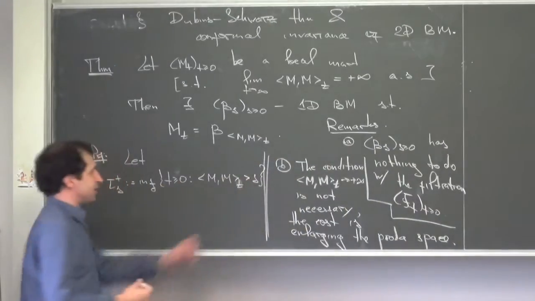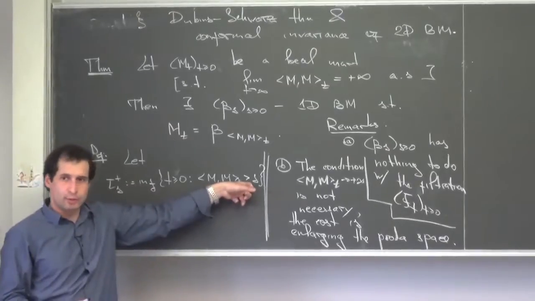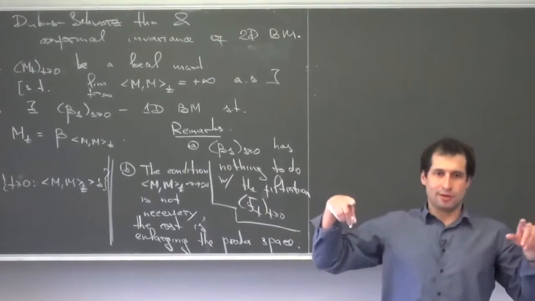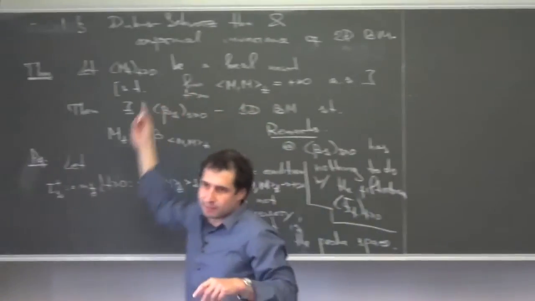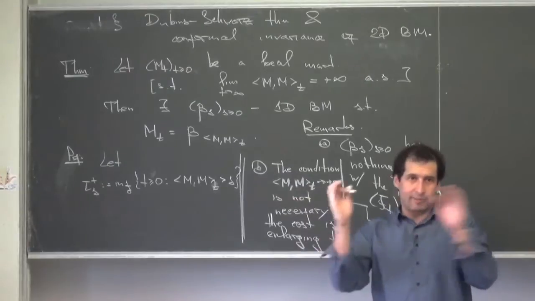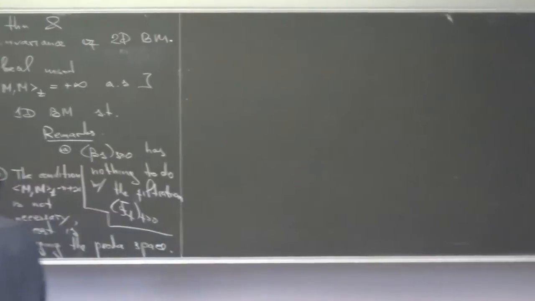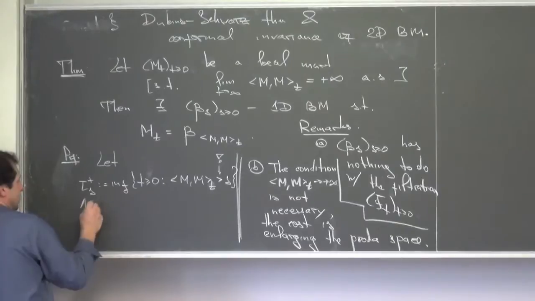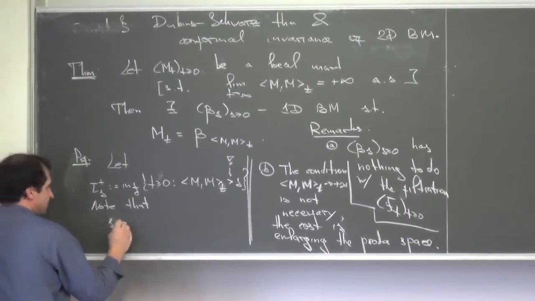This is of some importance: strictly greater instead of, say, greater or equal. Why? Because it might happen that our martingale M_t is constant for some period. Like in this boring example, this is just a constant. But it might happen, this is a random process, and there is some random set of intervals where M_t is constant. Okay? And then note that this mapping is right continuous.